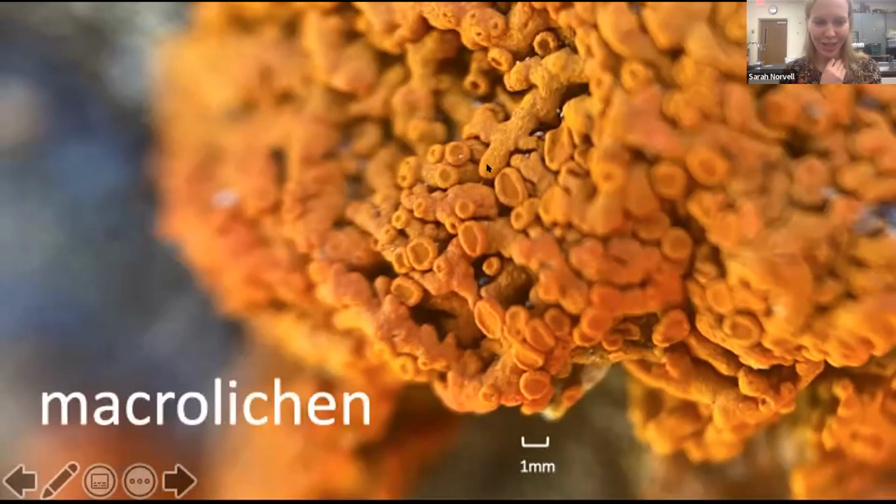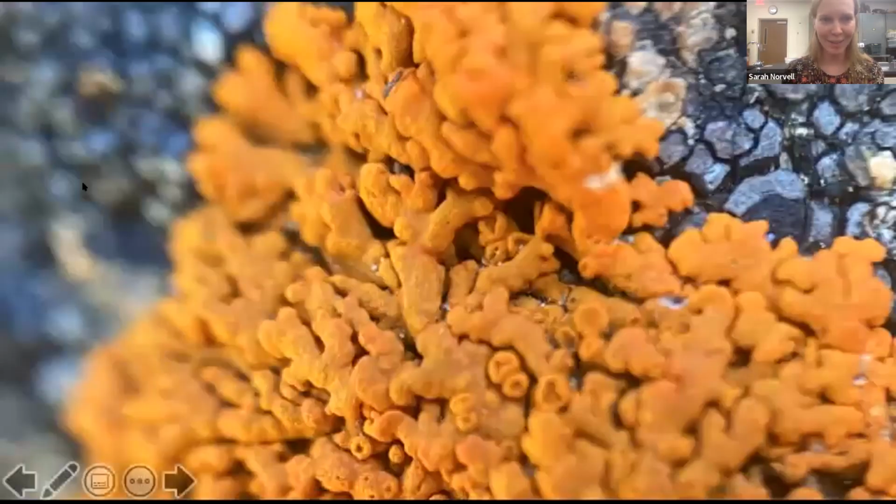Macro-lichens, by definition, simply have both an upper and lower surface that is separate from its substratum. So this macro-lichen can actually just be scraped right off the rock and the bottom part of the thallus is still intact, as opposed to micro-lichens, which are fully embedded in their substrata. If we zoom out of this picture a little bit, we can see this gray stuff in the corners. To the untrained eye it might just look like rock, but that's actually a species of micro-lichen that's fully embedded in